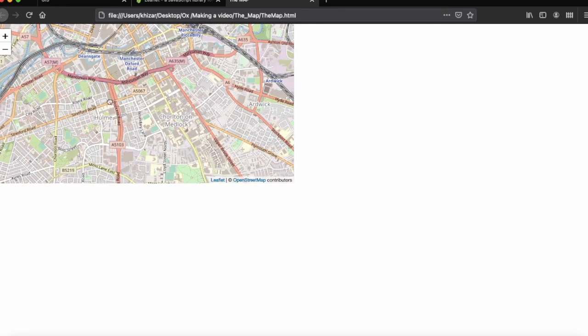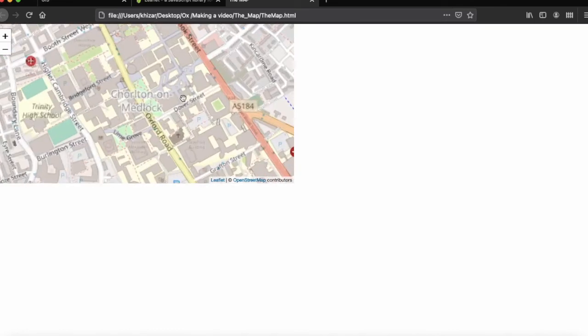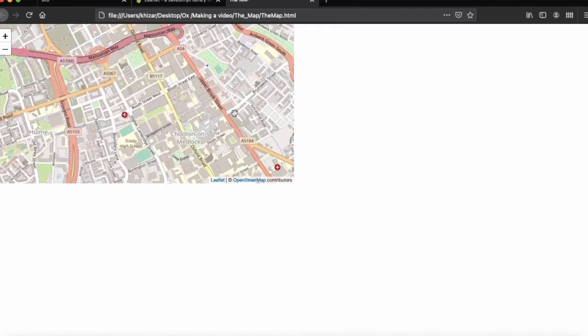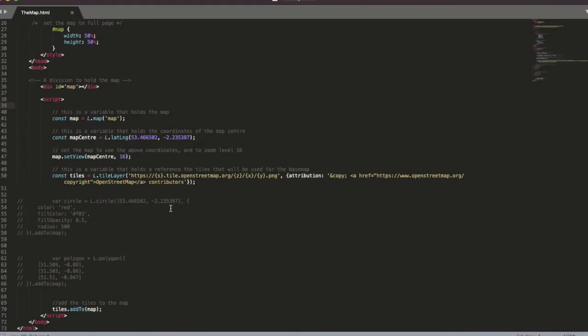But what I want to do is maybe add some vector data in this map, because it doesn't have anything. You can't click on it, you can't do anything, but you can do a lot with this Leaflet library that I've already shown you. So let's say I've got some code here, and if I were to make a circle on a map, all I need to do is call